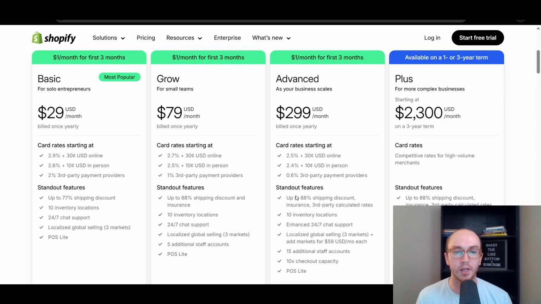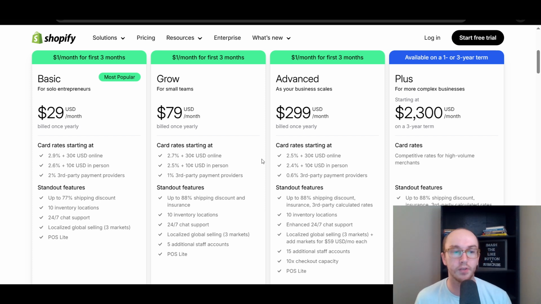Is really about saving money, potential staff accounts, and maybe some additional shipping discounts as well. You do also get better chat support on the advanced plan. Again, not a huge difference in my opinion. Now, in terms of point of sale, if you are going to be selling in person, one other plan option